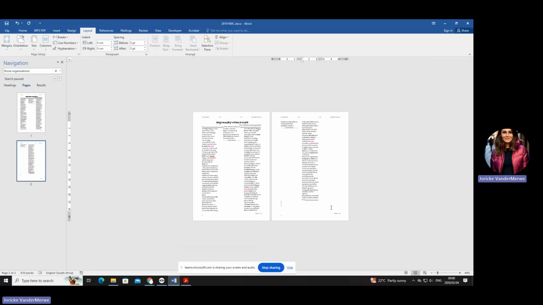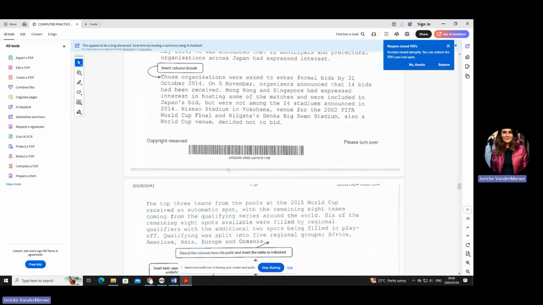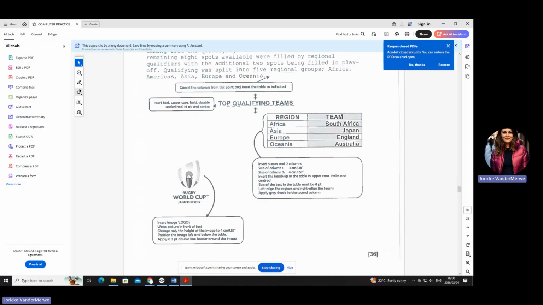Okay, and then I want you to go to the next page, which says it's on page 13. Okay, so let's quickly just look at the question paper there. If you look at the question paper, I want you to quickly look at these 2 little symbols. Now, these 2 little symbols, I think we maybe have discussed them, show something to you.